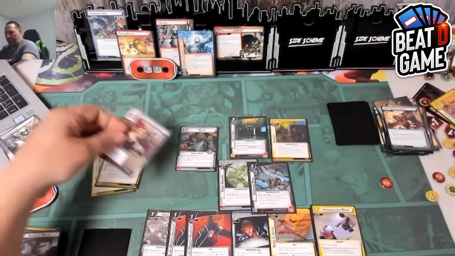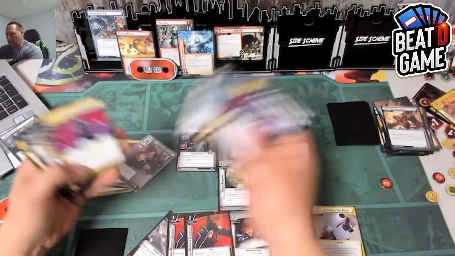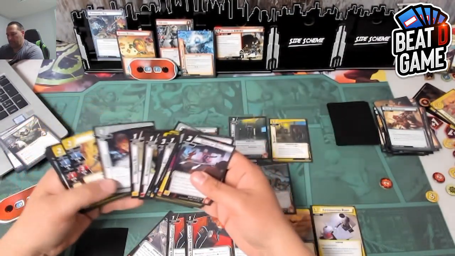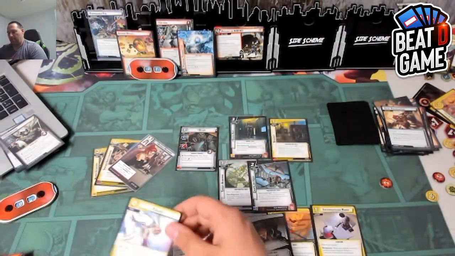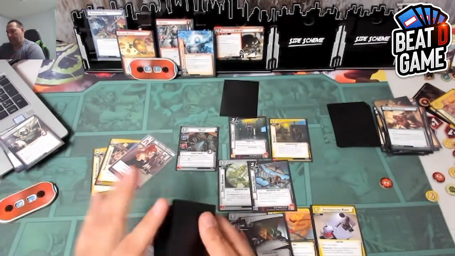I will flip down Gauntlet to get back a... What? Let's just get an Espionage. Play it. Mission prep. Get an encounter card. Oh man, this is good because now I have my foil. Oh yeah, this is...